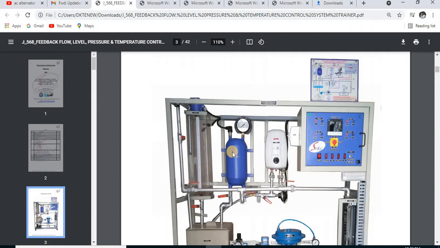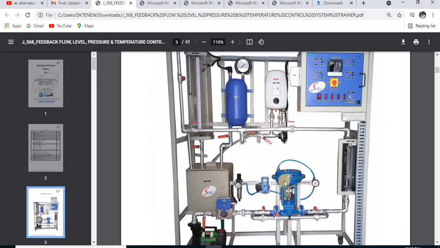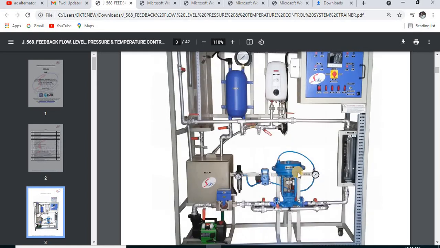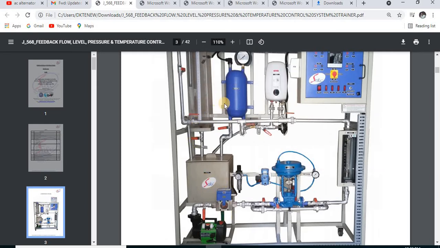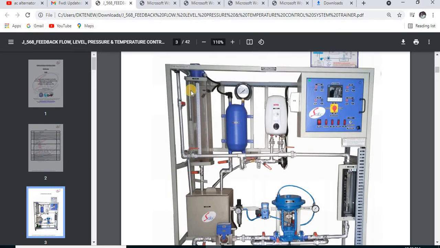Then it is a pressure, pneumatic control. Then this is for temperature measurements. This is an actuator switch. This is a converter from pressure to electrical, etc. And this motor is used to circulate the water for flow measurements, also for the temperature control.